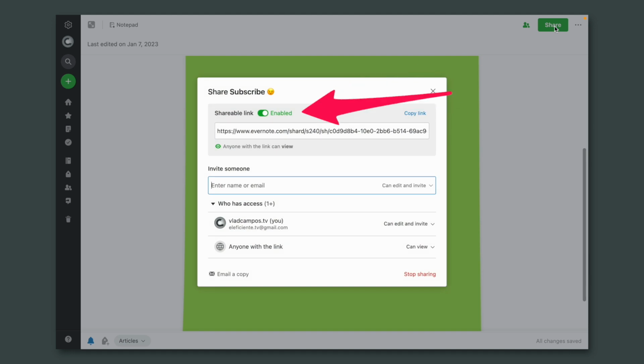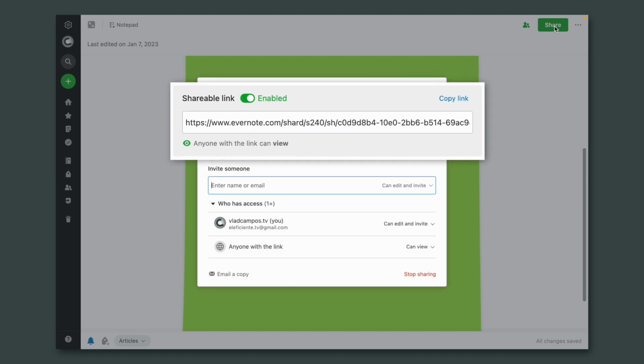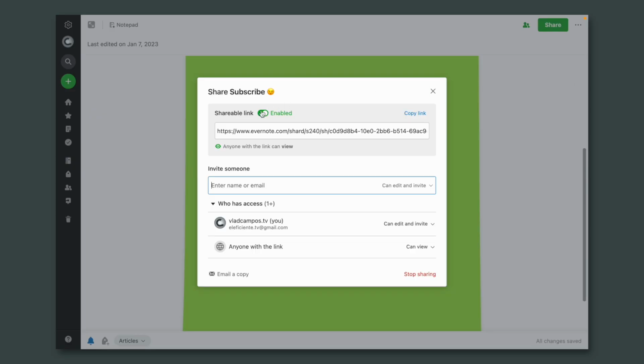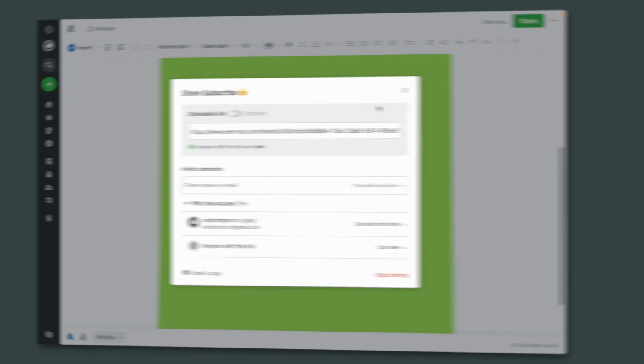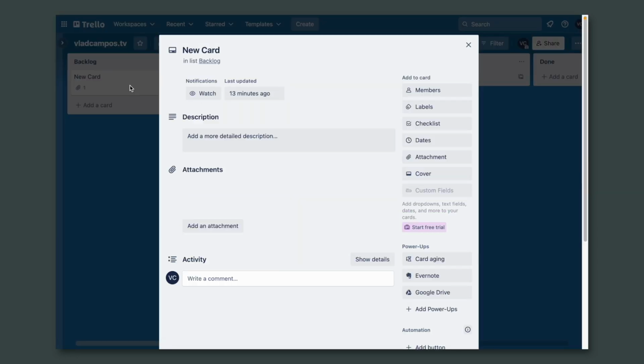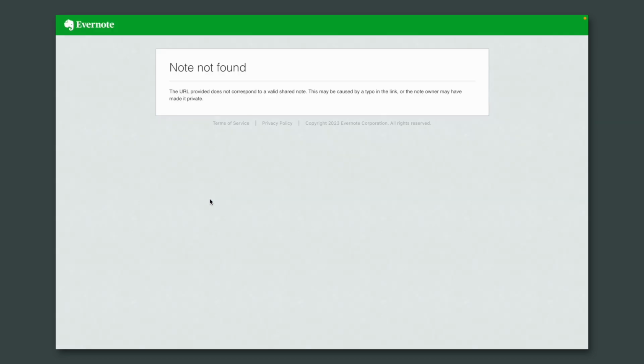a public note. Take a look at the shareable link toggle. It's enabled. So now this is a public note. Of course, you can disable it. As you can see here, if I click on that attachment, I now get a note not found because it's